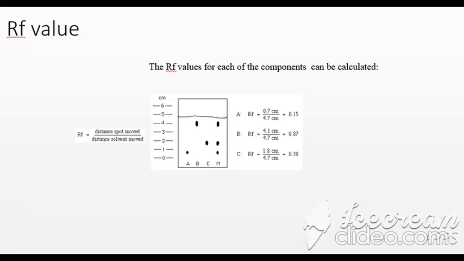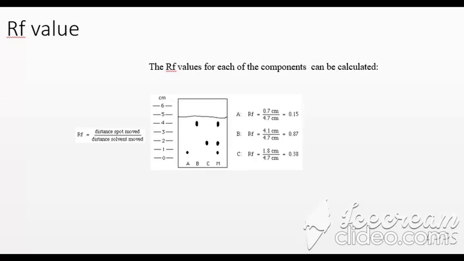As we have done in the last chapter, RF is equal to the distance traveled by your spots, the components or compound substances, after the development, divided by the distance traveled by the solvent front. You can say mobile phase or solvent front, anything, after the development. Now, how do you determine this RF? Look at this picture. Different spots are developed and separated after the development. In this way, you can easily measure the distance from the origin line to the ending line. The ending line is the line of the solvent front. The origin line is the line from where you put the sample.